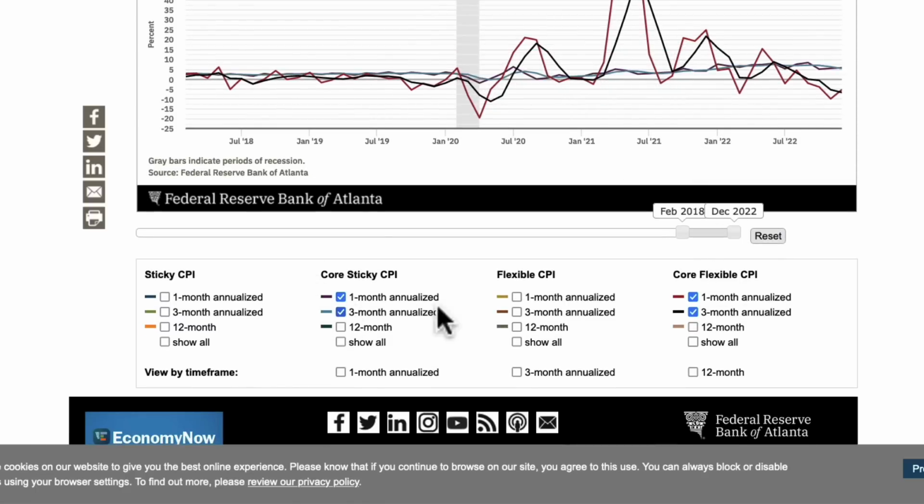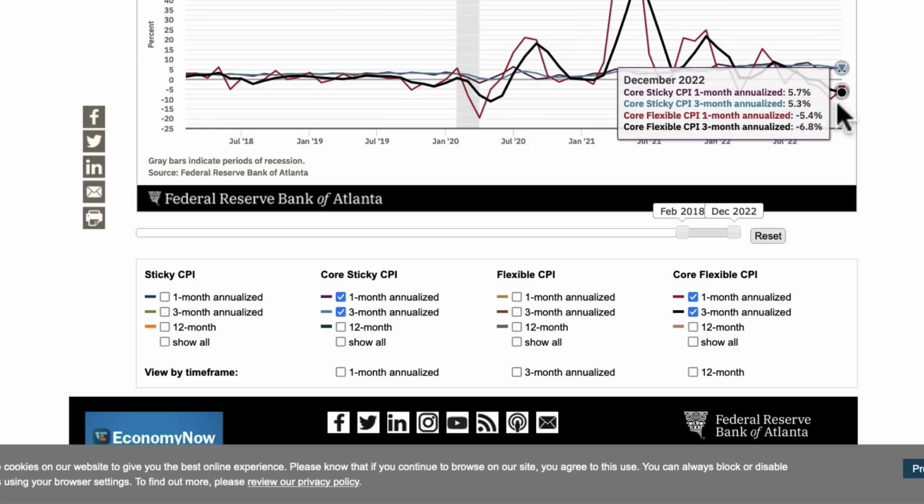You have to look at core sticky CPI, and it's up 5.7 on a 1-month annualized, up 5.3 on a 3-month annualized, and then of course you have the flexible components below it, negative 5.4 and negative 6.8. So if you put those together, it looks like inflation is pretty much taken care of. But inflation embeds itself in the sticky components, primarily labor. And if you don't get it out of the sticky components, it will show up in the flexible components given enough time. So the number that they're paying attention to is probably closer to these numbers here, 5.7 and 5.3,